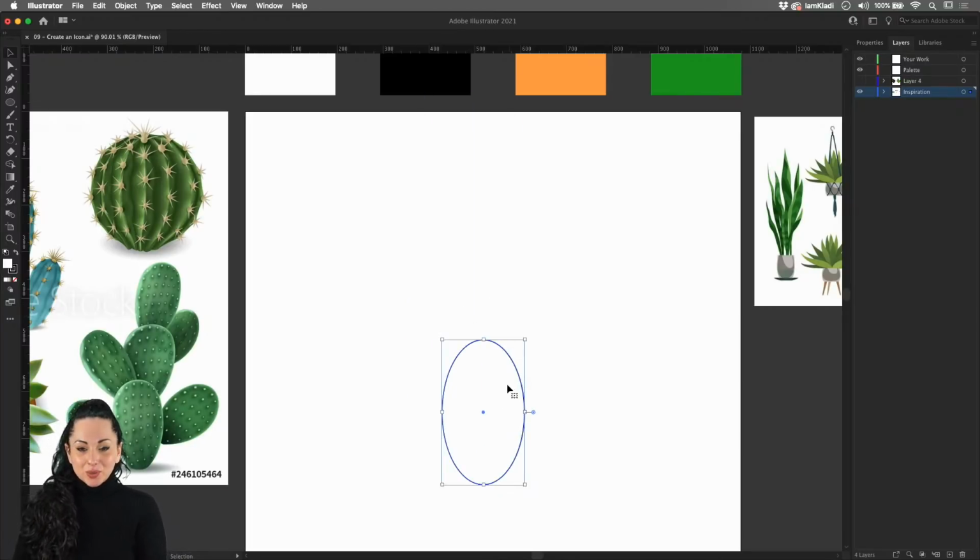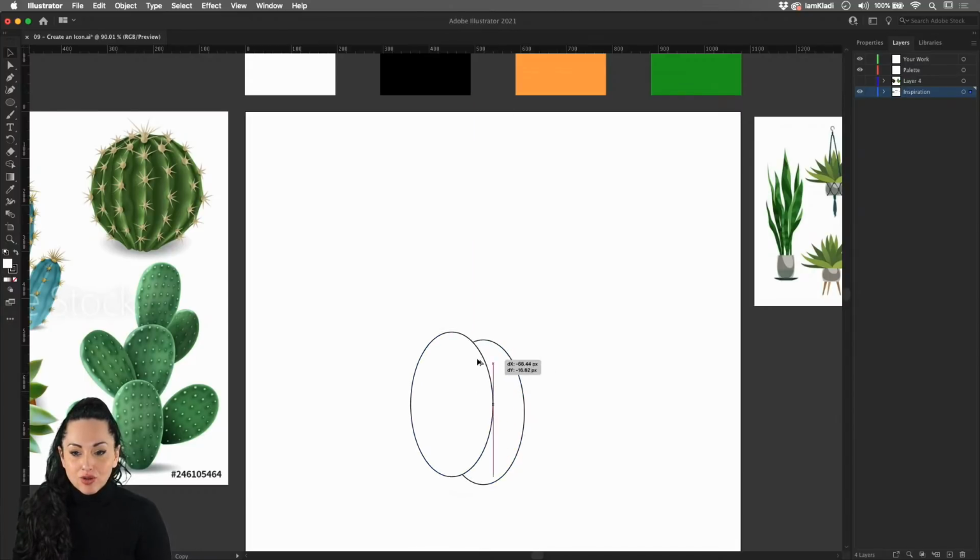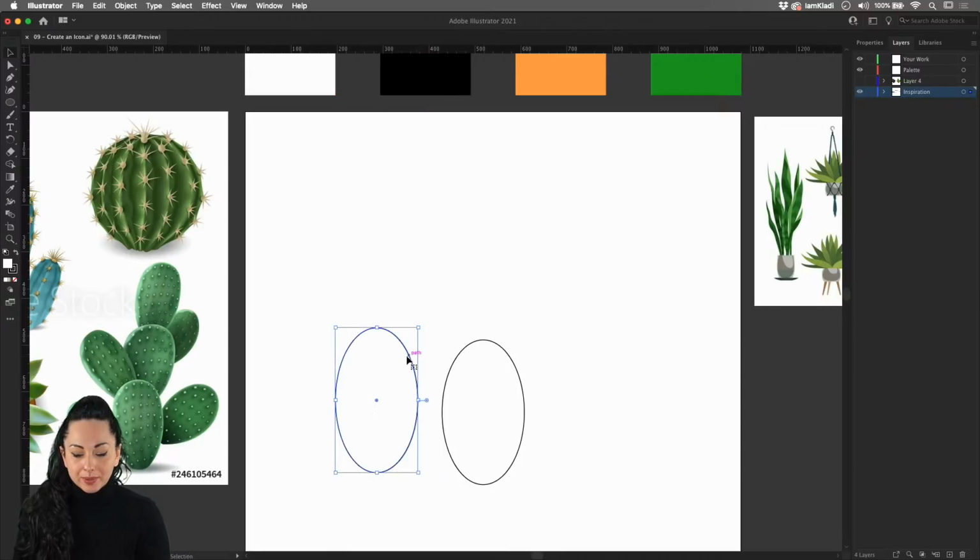Right, fantastic. Now that we created our first shape, I'm going to hold the Option key while I select and drag the shape in order to create a copy. Then I will hover on the bounding box and click and drag to rotate it. And then I can drag inwards on one of the corners of the bounding box in order to resize it.